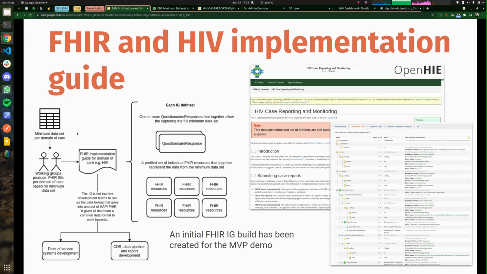Firstly, we start off with a minimum data set. In the case of this HIV case-based surveillance use case, this minimum data set is something that the UCSF team put together and provided us with. And that would feed into a working group, which would then try to convert that to a FHIR implementation guide. So what is a FHIR implementation guide? That's basically just a set of